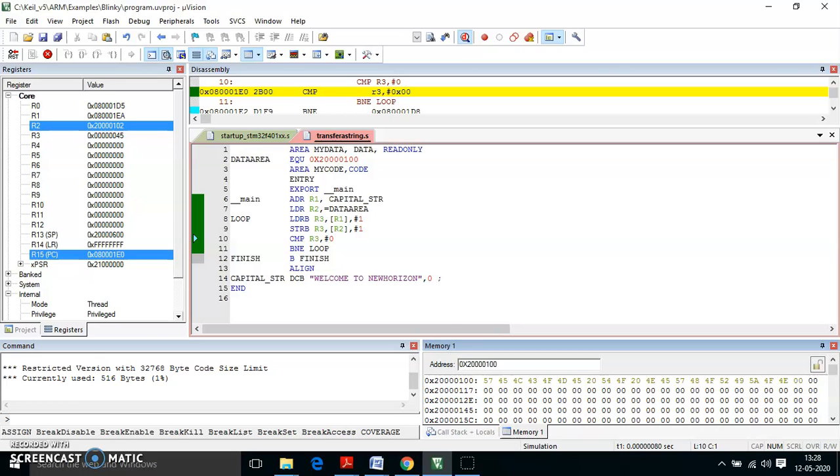If I give the address as 200000, you can see whatever values you saw in the memory location 0800001EA have been moved on to your designated memory location 200000. That is, the equivalent ASCII values. As I told you already, 57 is for W and it has been moved here, then E, and the spaces are 20. We have two spaces which are used. So all the ASCII values have been moved from one memory location to another. So this is the program for transfer.